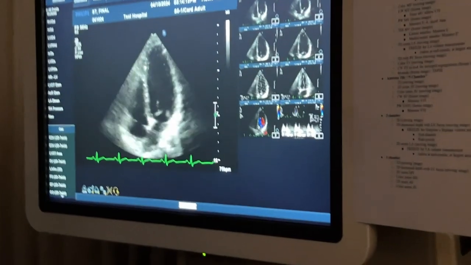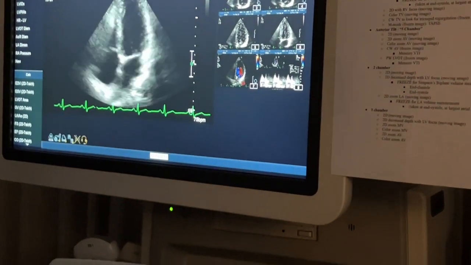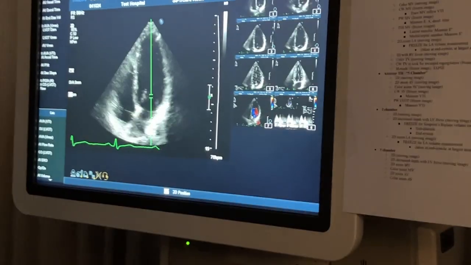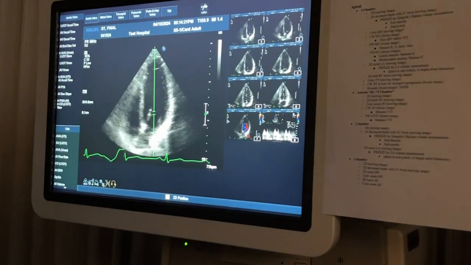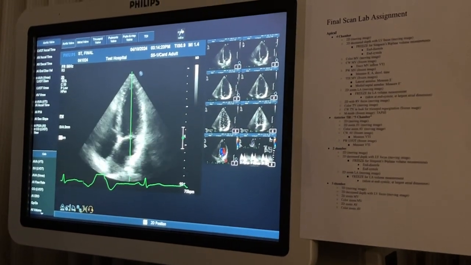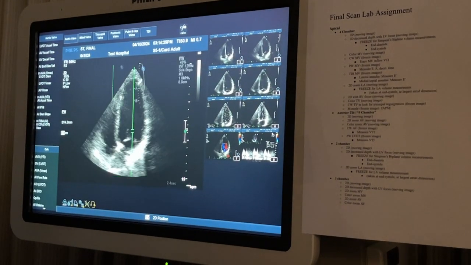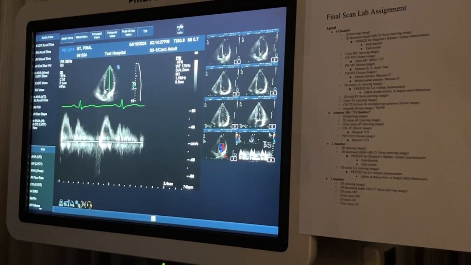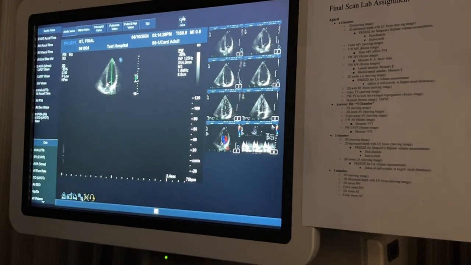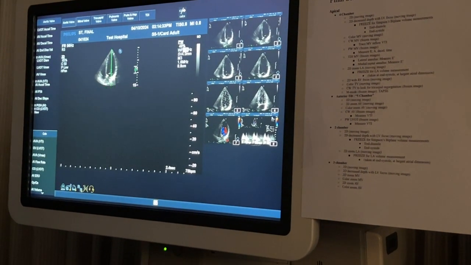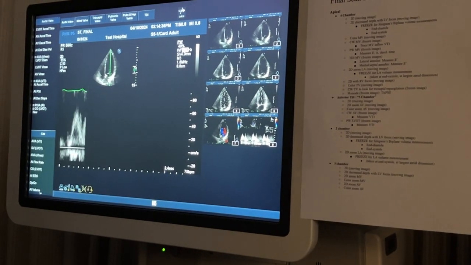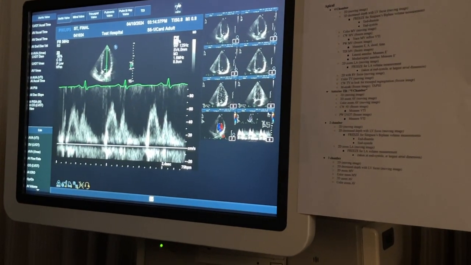We're now going to do pulse wave of the mitral valve leaflet tips, which we've done a bunch of different times. So I'm going to put my sample volume right there. You don't have to change the gate or anything. I'm making sure it's nice and lined up, almost zero. I will update, and then I'm going to decrease my baseline, decrease my scale so my signal's bigger. Wall filter is feeling appropriate. I'm going to decrease the gains on the